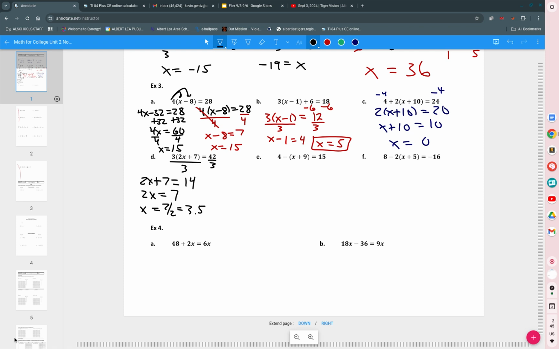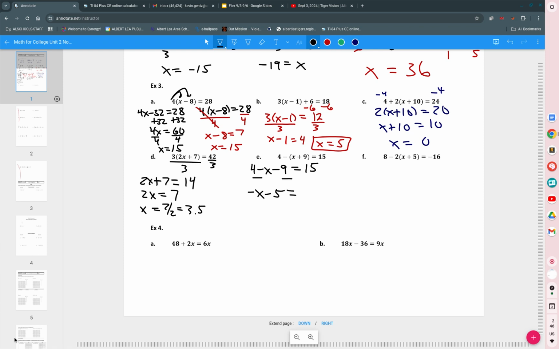Be very careful with that. So it's 4, minus x, minus 9 is equal to 15. So I distribute the subtraction sign to both the x and the 9. Now I can combine like terms. 4 and -9 make